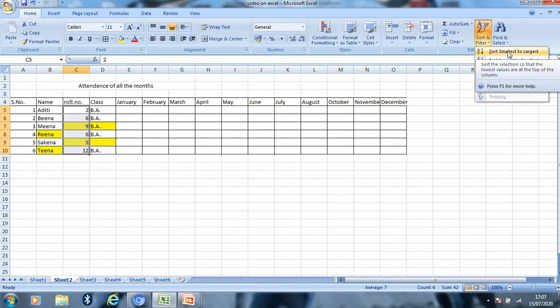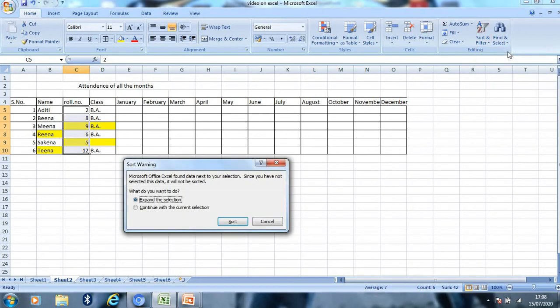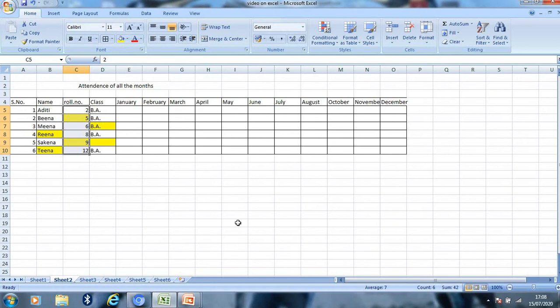So I have selected smallest to largest. Again the dialog box appears. Again you will choose continue with the current selection and then press sort. So my list gets sorted according to the roll numbers here.